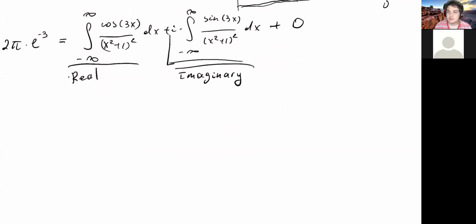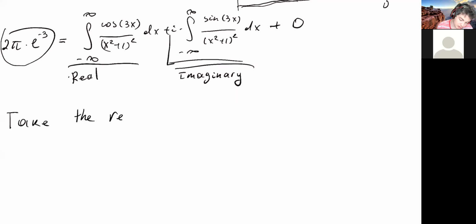So, well, left-hand side is purely real. Actually, I don't need the real part so much. But even if this left-hand side had plus I times something, I would just take real parts, and I would say that the real part of the left-hand side is equal to the real part of the right-hand side. And it's slightly more general than showing that the second integral is 0. So take the real parts,